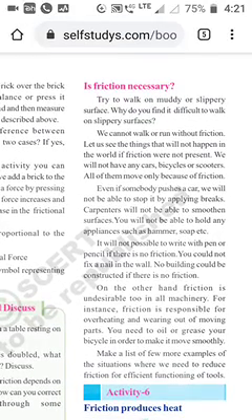Next, is friction necessary? We need the friction. Yes, if we want to walk on the floor, we need friction. Without friction, what happens? We all fall down. Yes or no? If a car moves on the road, friction is necessary. Without friction, the car also doesn't move on the road. Any object which stays on the floor needs friction.